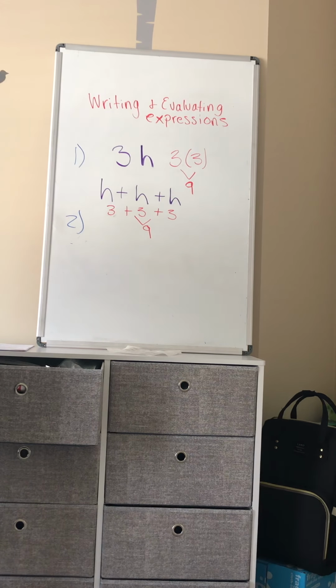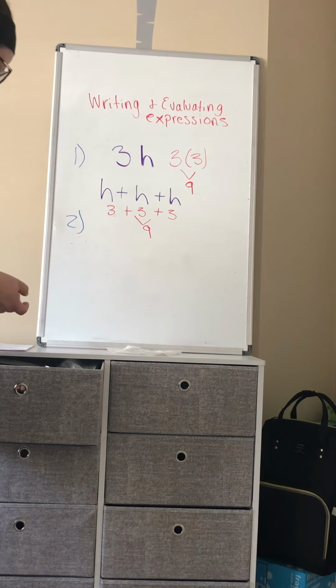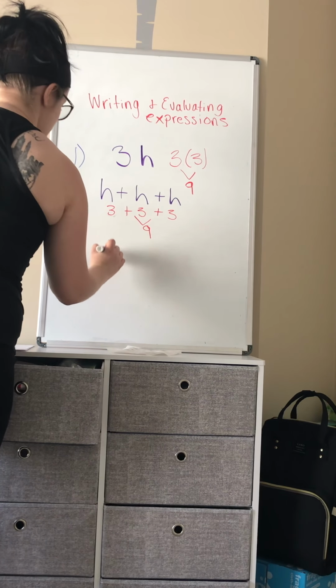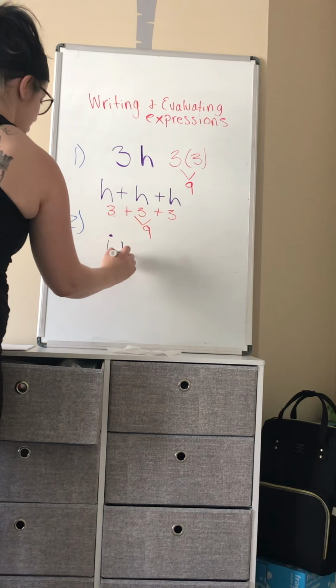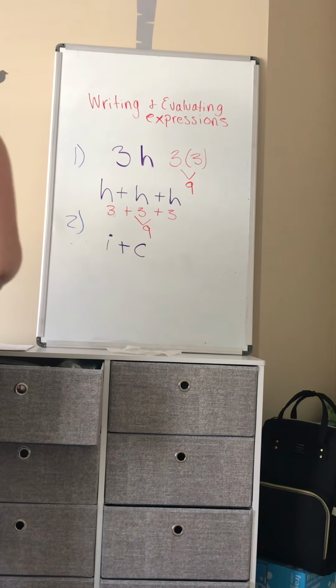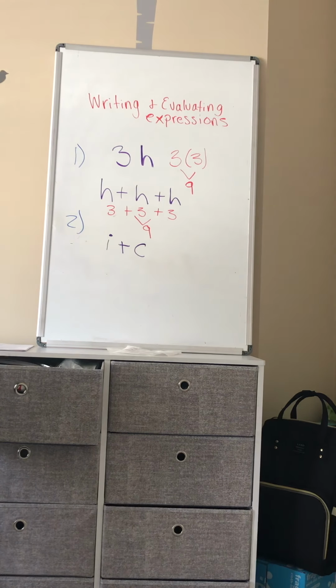Question number 2. Mr. Stanley wants to eat an ice cream sundae after he finishes his meal of Coke and a slice of pizza. How much was his bill? So we need to find the total of an ice cream sundae, a Coke, and a slice of pizza. So total means that we're going to add things together. So we have an ice cream sundae, which I'm going to use an I for, plus he had a Coke, which I'm going to use a C for, just using the first letter of the word for our variable,